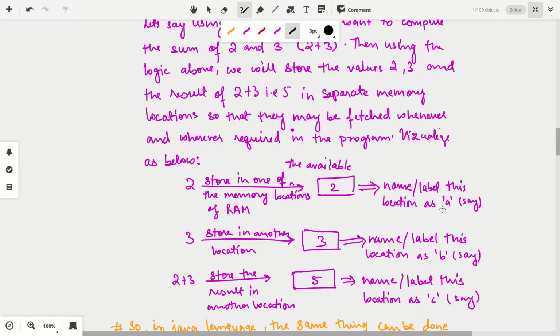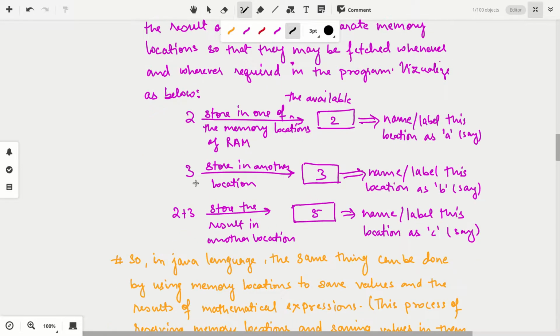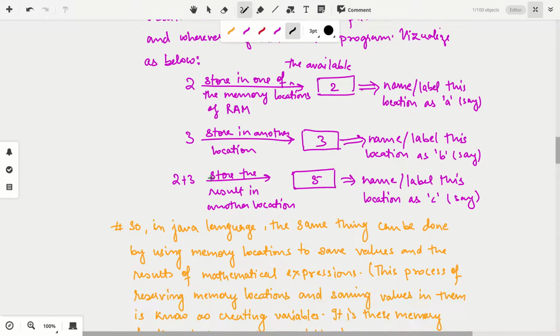let's say A. Next time, you will ask the computer for another memory location, you will give another value, let's say 3, and you will again give a second label to it. Now you have two separate memory locations having one value and another value with separate labels A and B. Next you will perform the addition 2 plus 3.